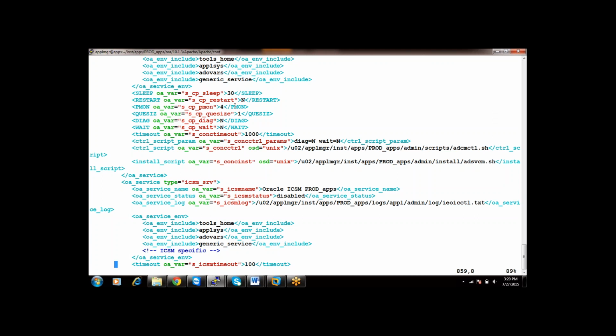Are you getting it? It is going to overwrite each and every file in the inst top. Inst top is a top which contains all the configuration files, right? So whenever you run autoconfig, it will override all the configuration files and create new ones. So if you simply give rm -rf inst top, you don't need to worry, because once you run autoconfig, all the configuration files will be recreated.